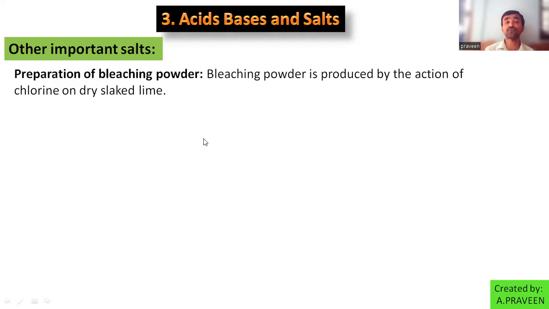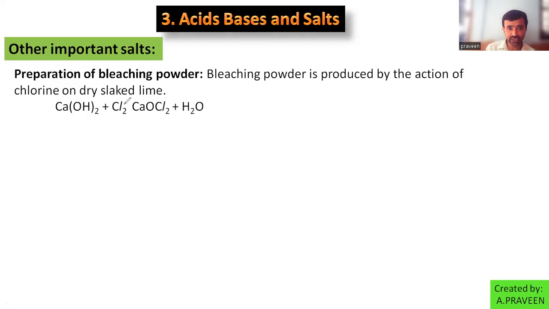The preparation of bleaching powder involves the action of chlorine on dry slaked lime. So what is dry slaked lime? Calcium hydroxide, lime water. When you dry that lime water, that means decreasing the water content in that aqueous solution, what happens? It will remain as powder. That dried slaked lime will be treated with chlorine gas. So by supplying chlorine gas to this, you are now producing the composition